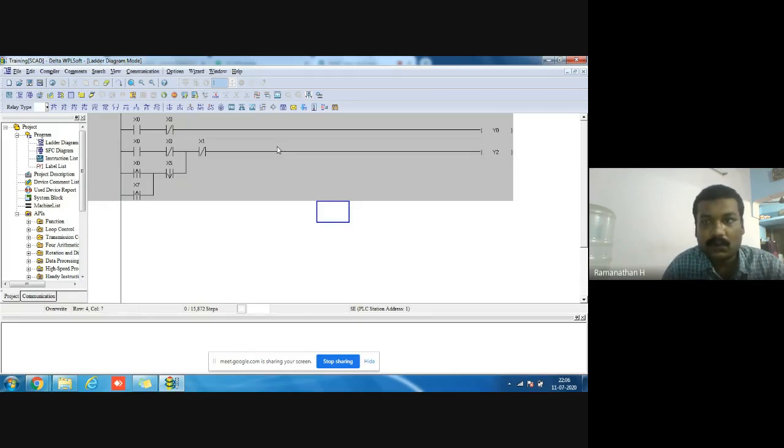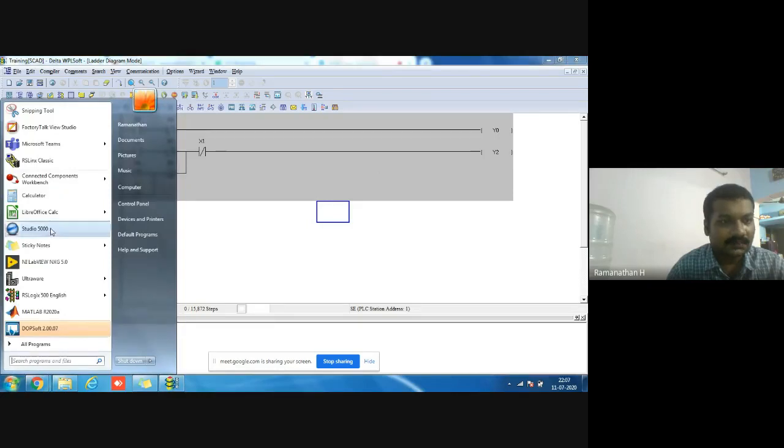More than one output coil is not permitted, for this Delta software only. Now some advanced software will come, like Studio 5000, a Rockwell software. This is permitted because it's higher-end software, but it's not open source.